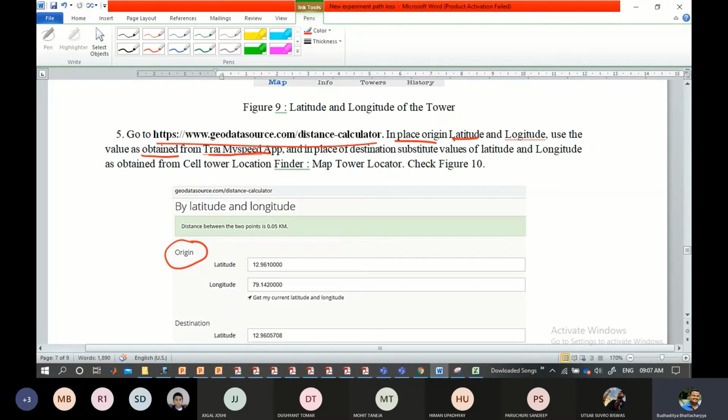The transmitter in this case is where I am originating. I have considered that the originated call is from my side. So you can have the latitude and longitude of the MySpeed app over here.